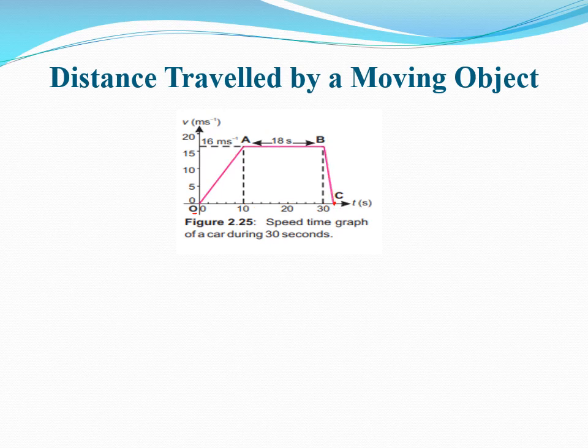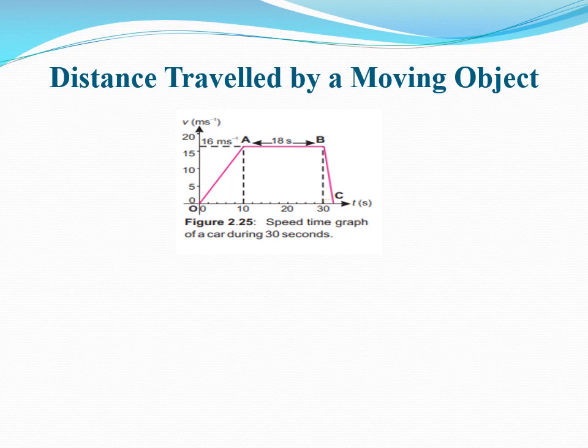As you just learned, the area under a speed time graph represents the distance traveled by the object. So there are two ways to calculate the distance. Here, if you observe this pink colored graph, the area under the curve is either 3 segments: this triangle, this rectangle, and again a triangle. So you can take the sum of the areas of these 3 geometrical figures, triangle, rectangle, and again triangle, and you would get the distance.